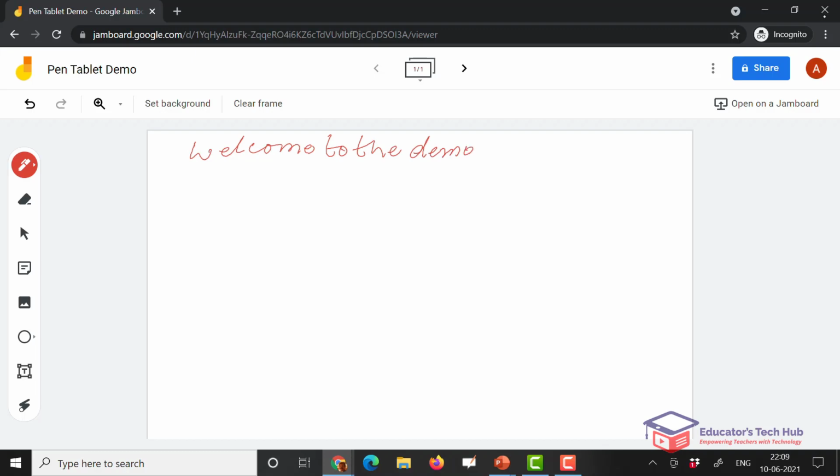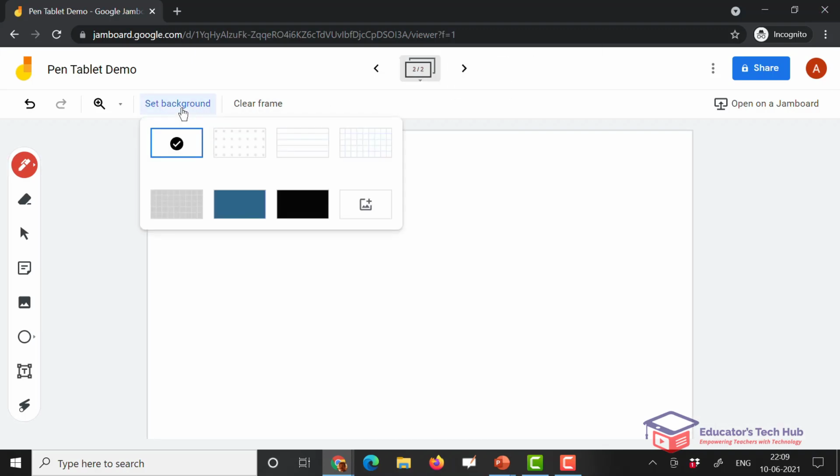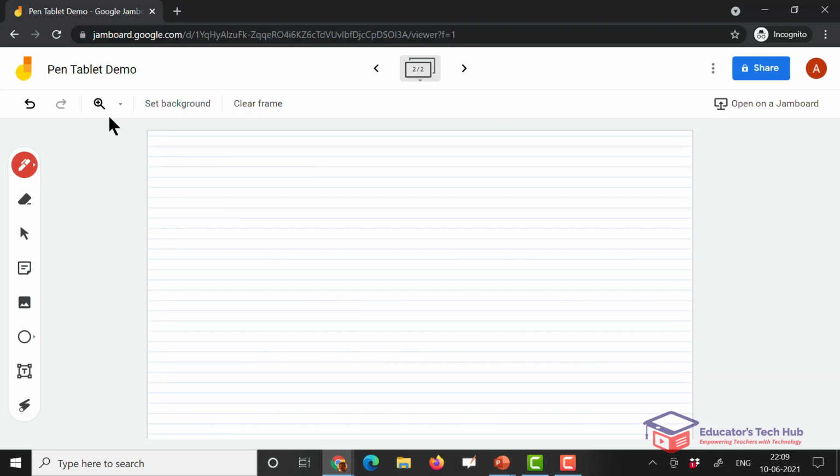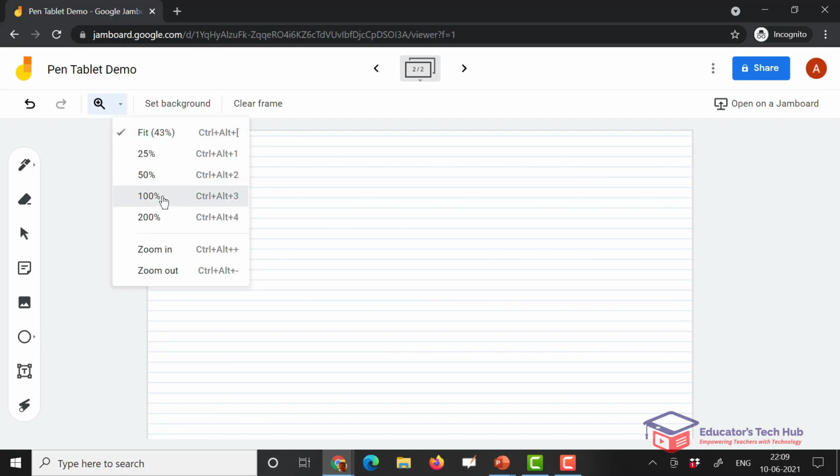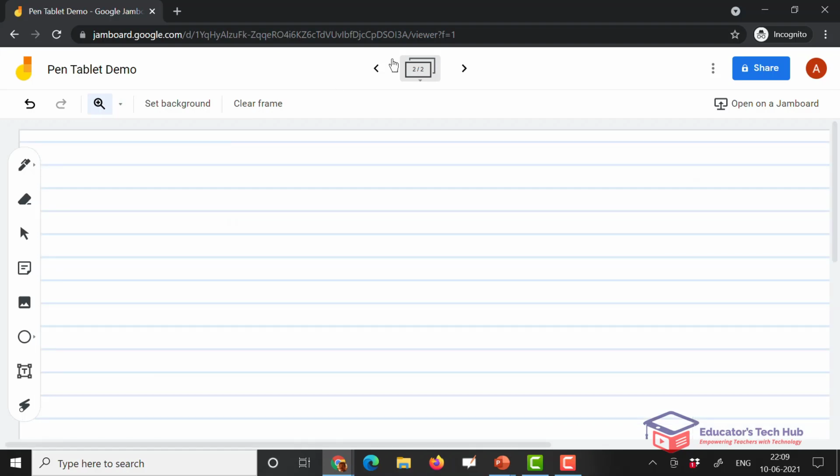So it requires a certain amount of practice. You spend 2 to 3 hours practicing this, you will become good at it. But if you are really looking for a hack, this is what I do. Normally I choose this as my lines. I increase the zoom here, and here I have straight lines with me.